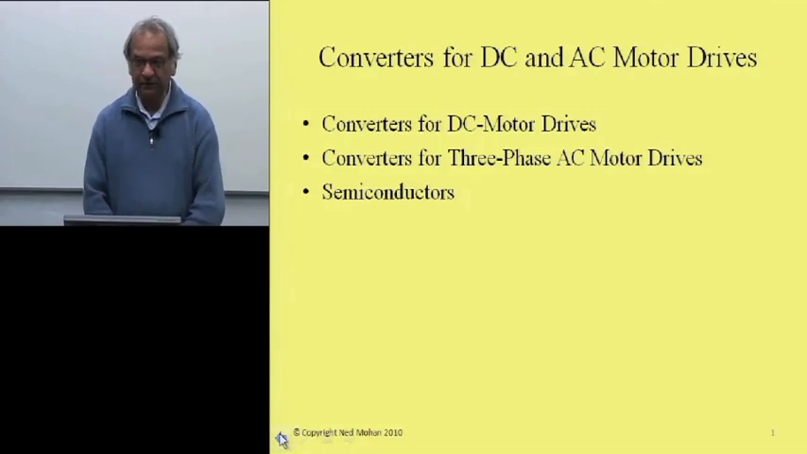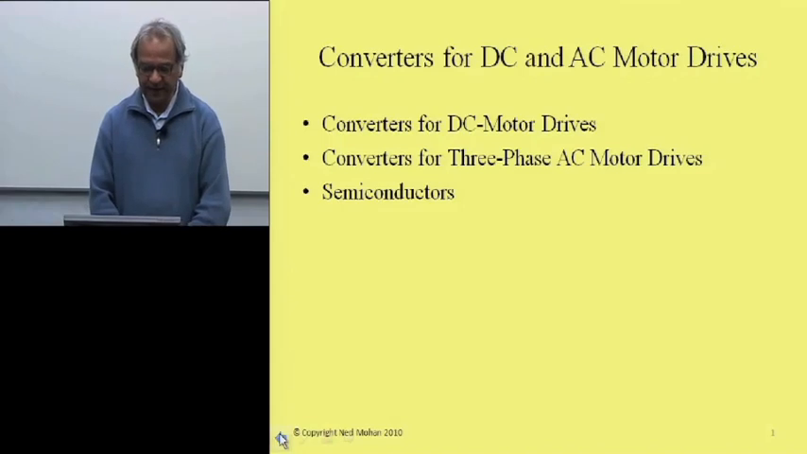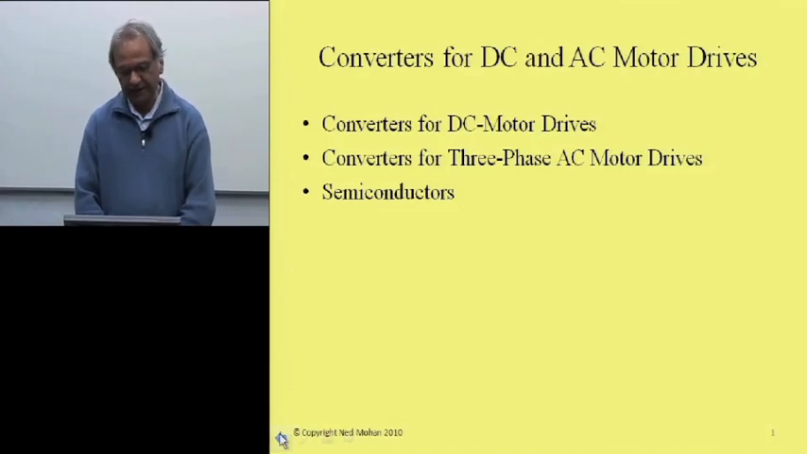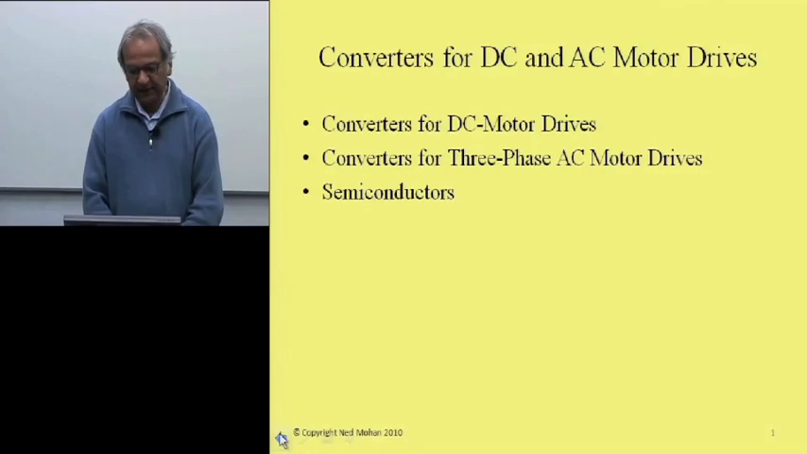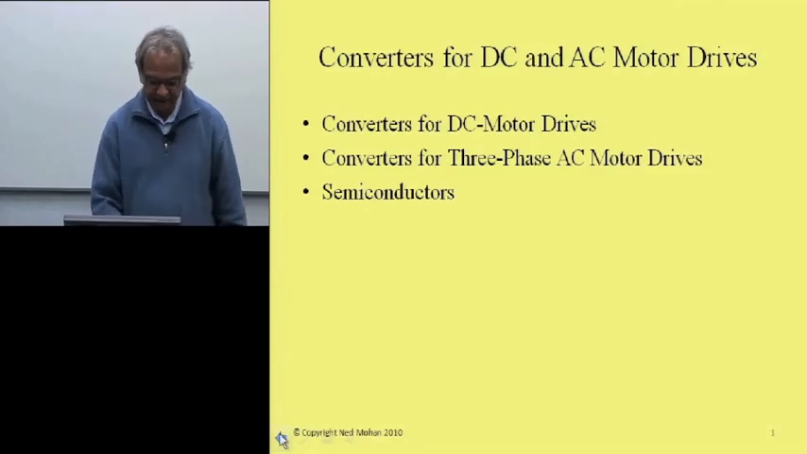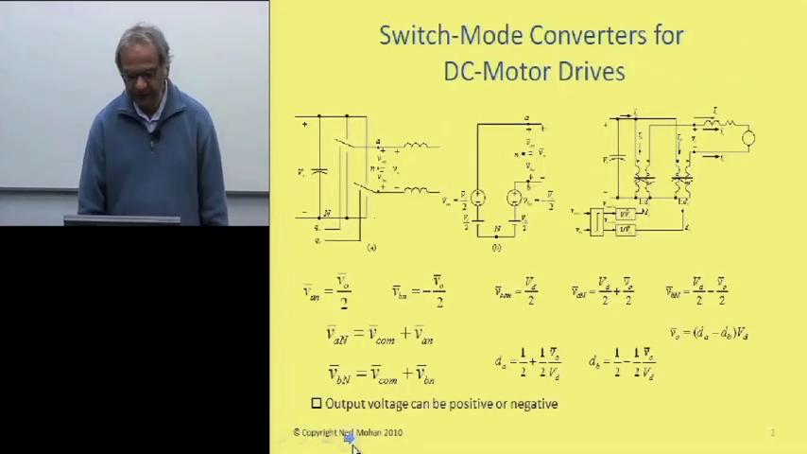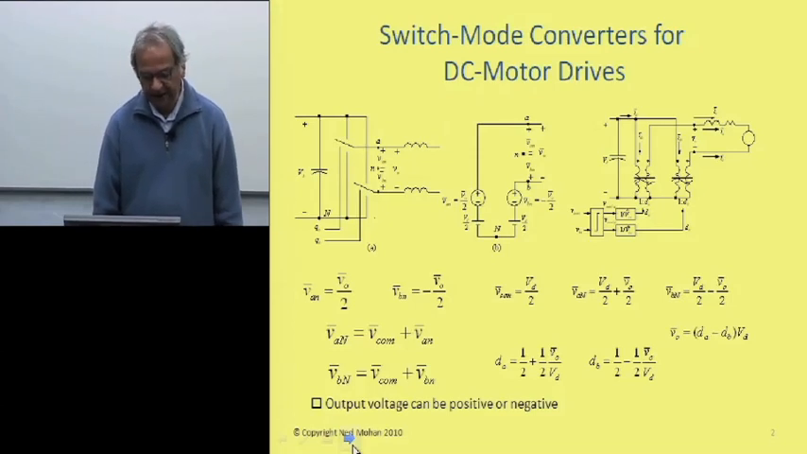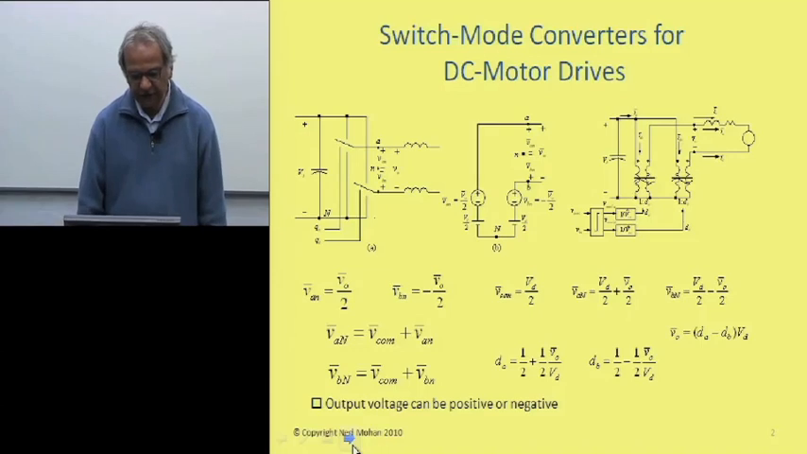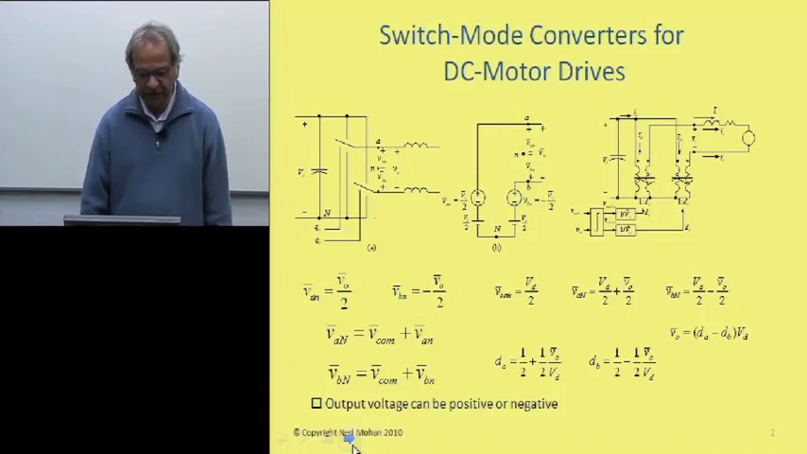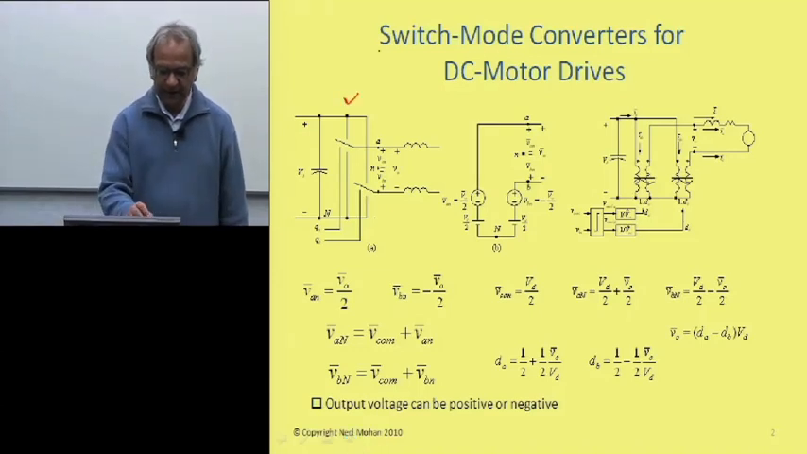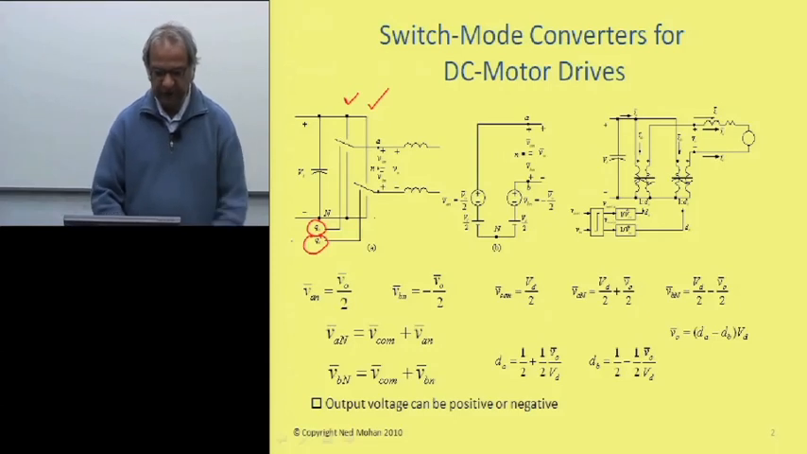In this module, we will look at converters for DC and AC motor drives, and we will also look at semiconductors that are used in these converters. So let's start with a converter for DC motor drive, and as you can see, we need two switching power poles as shown here, pole A and pole B, and they are controlled by these two switching signals QA and